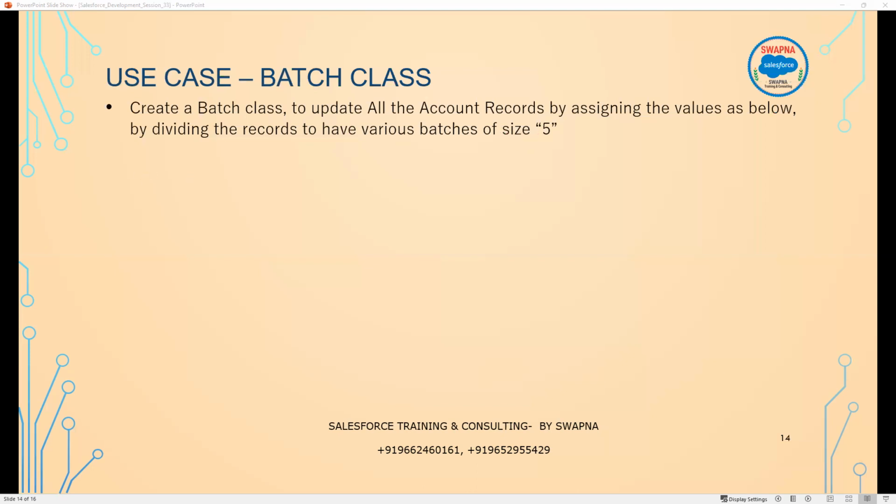So basically what is the requirement here? I need to implement a batch class on the account, which updates the account records. And then we need to assign the values to the records by dividing the batch size into 5. That means